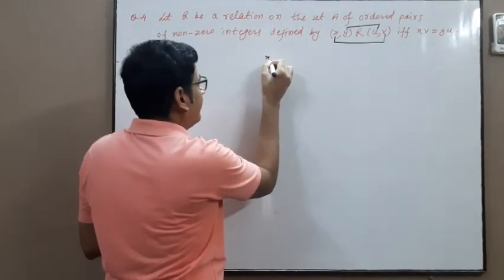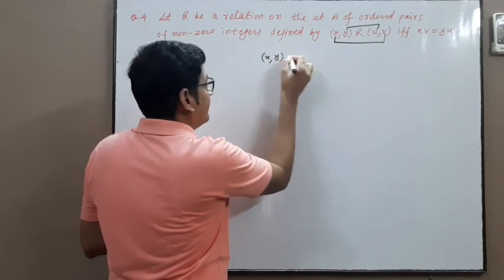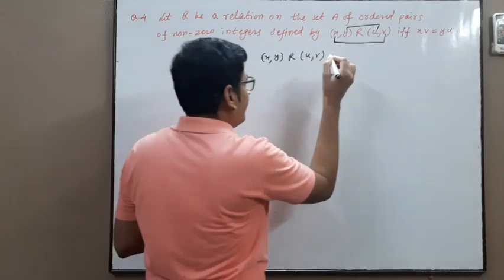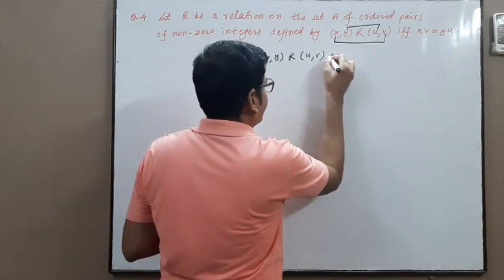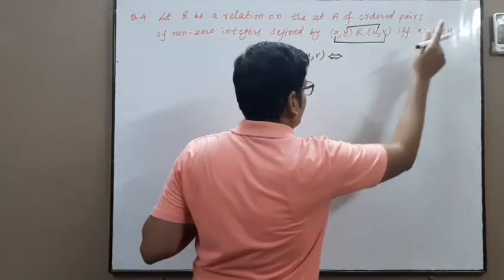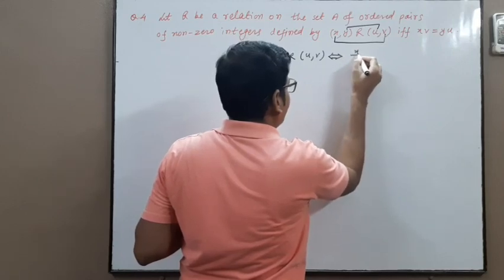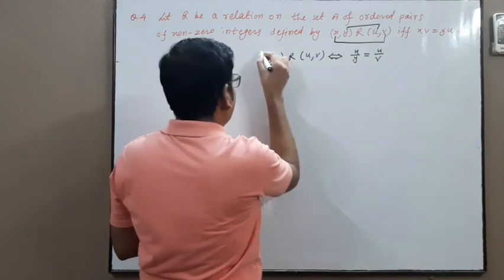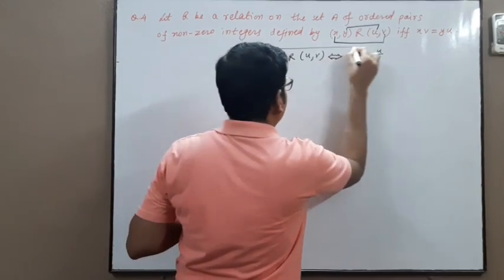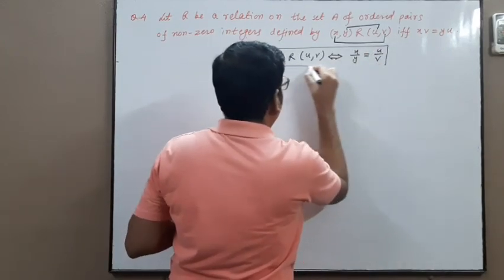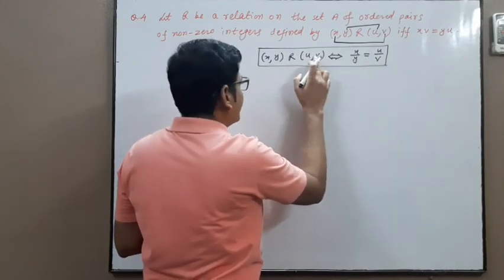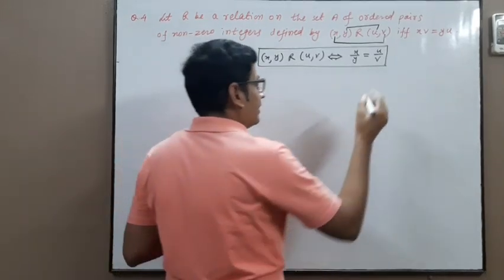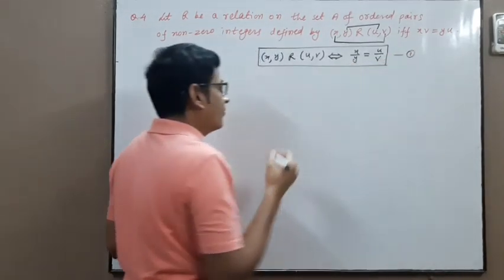(x, y) is related to (u, v) if and only if, meaning double implication, xv equals yu can be written as x upon y is equal to u upon v. When we write it in this way, the question is very simple. So the relation between these two ordered pairs is x upon y equal to u upon v. Call this equation number 1. For reflexive,